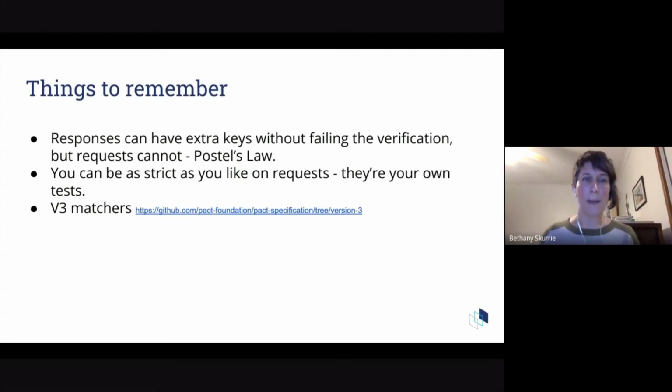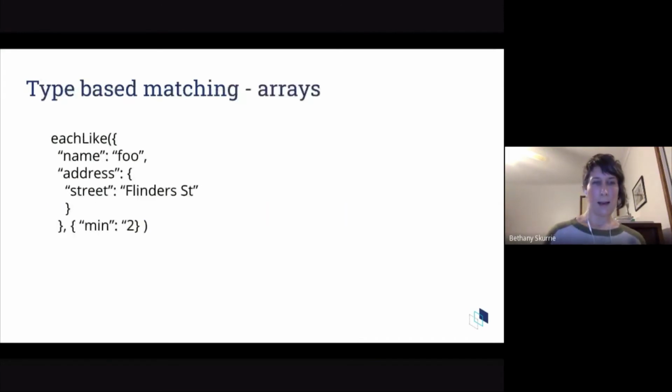All right, some things to remember. Responses can have extra keys without failing the verification, but requests can't. So Pact follows Postel's law, which is basically we're going to be really strict with the data we send out, but we're going to be as flexible as we can be with the data that we accept. So this means that matching rules for our request, if we made an each like when we were matching on our request, if we had an extra field in there, that would mean that we were sending out more data than our test said we should be. So that test would fail